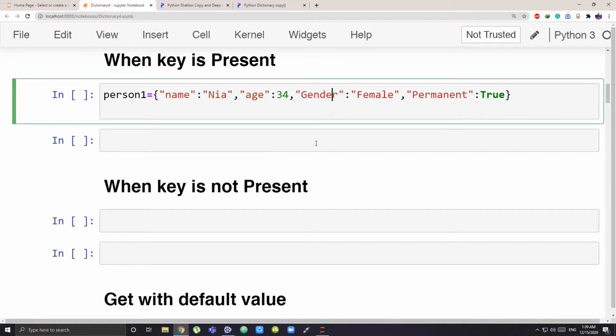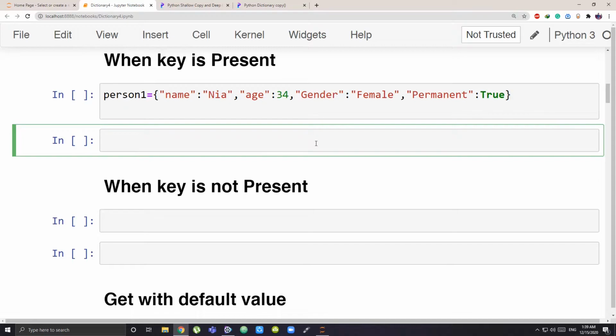Using the get method, how will I do that? You have to write person one, same as you did for accessing content, but here no square brackets. You have to directly write dot get, because it's a method.